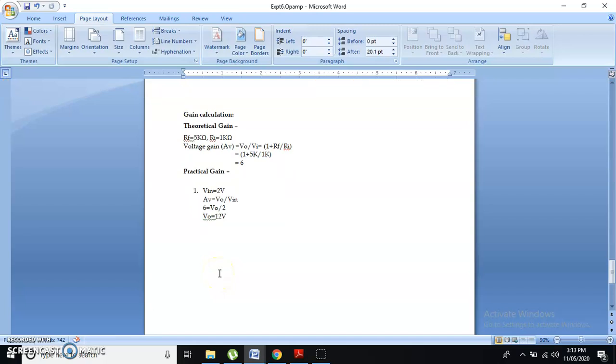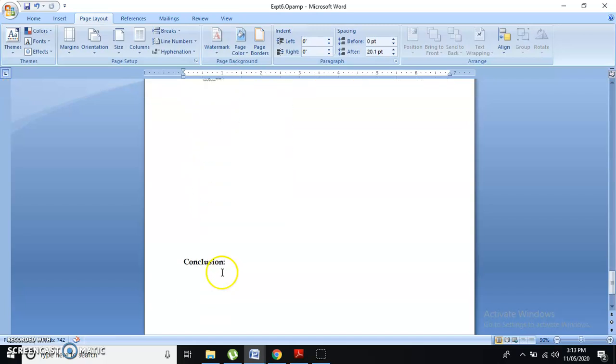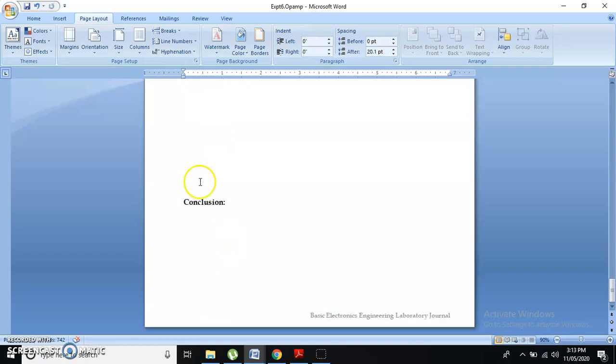Practically you have to find out the voltage values. Finally, write down the conclusion for the entire experiment, both inverting and non-inverting amplifier, what you have learned and understood, and what you are concluding now. That has to be written in the conclusion part.